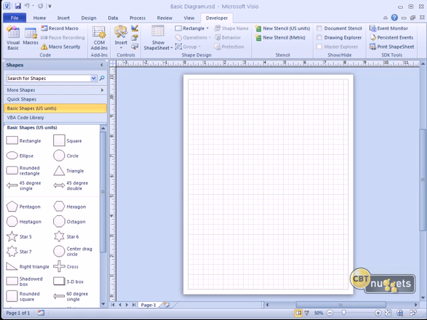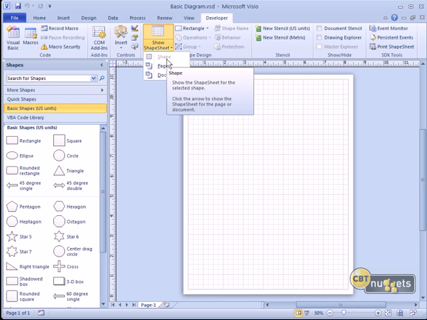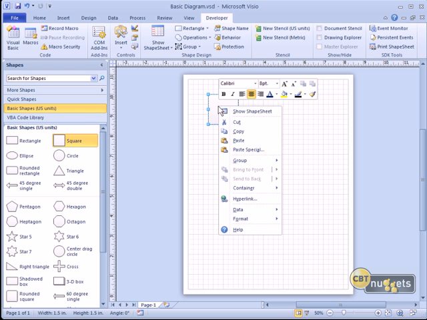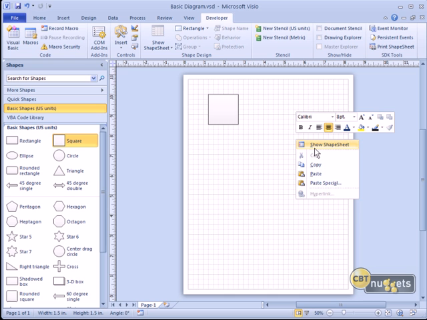Okay, in the interest of time, we need to move on to the shape sheet now, so without any further ado, let's do that. On the Developer tab, as I mentioned before, in the Shape Design area, we have Show Shape Sheet. This is available only if we are in developer mode. I also mentioned that the shape sheet can be exposed selectively on a per shape basis for the page or the entire document. Another way to do this is by right-clicking the appropriate object. By right-clicking a shape, we have Show Shape Sheet. By right-clicking the page, we can show the shape sheet.